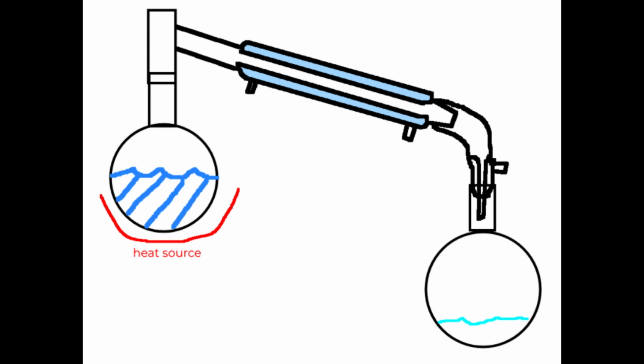Steam distillation is used to get volatile components from things. Water and the thing you want to extract from is added to the distilling flask, and a heat source is used to boil the water. The volatile components of the thing you're extracting from go over into the receiving flask with the water as the water vapor travels.